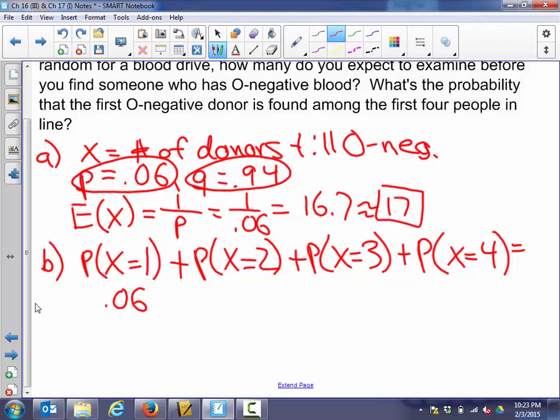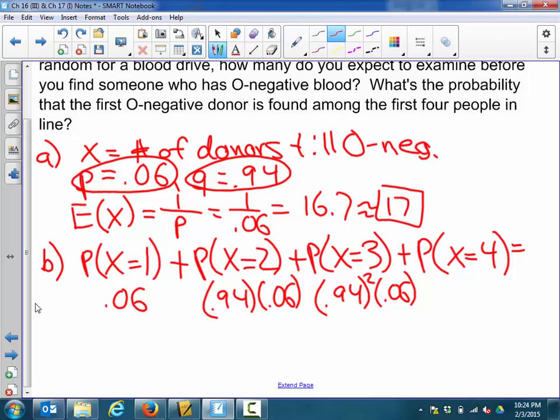Then if the probability of your first success being the second person would be 1 failure times your single success. The probability that your third trial would be your first success would be 2 failures, 0.94 squared, times 0.06. And then the probability of success being your fourth, let me make sure I'm getting my addition signs in here, 3 failures, 0.94 to the third times 0.06. Simplify this out,